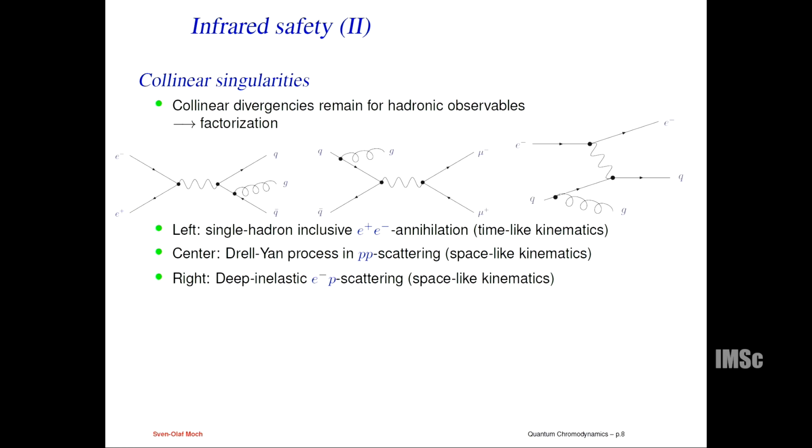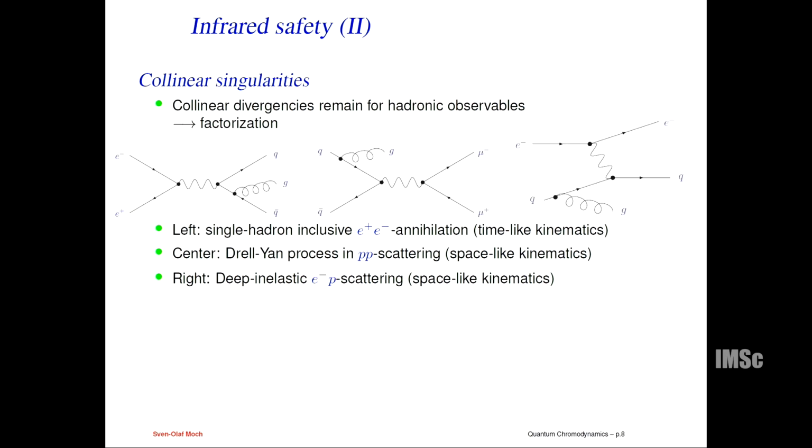So I have now discussed with you e+e- to a QQ bar pair with one gluon emission. I can look at other basic QCD processes. So for instance, I can look at the Drell-Yan process, which is basically the reversed process. So we have QQ bar annihilation, and then we have, say, a mu+ mu- pair in the final state, and then I have gluon emission from the initial state.